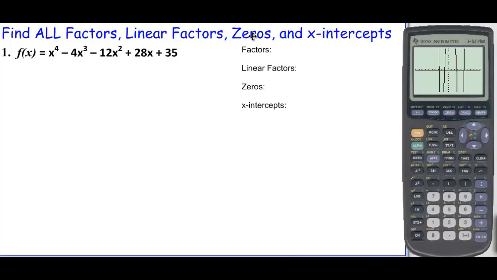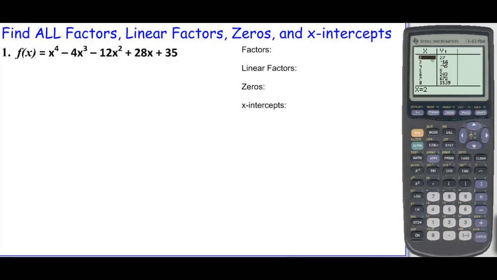Remember, all x-intercepts are zeros, but not all zeros are x-intercepts. If I look at the graph, it looks like there's 1, 2, 3, 4 x-intercepts. There are 2 ways to find them. We practiced hitting second trace and using the zero function. That takes a little bit longer. Since I want to find rational zeros, which are numbers that can be written as a fraction, and we're actually finding the integer ones more specifically in our calculator,